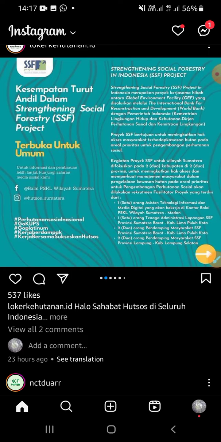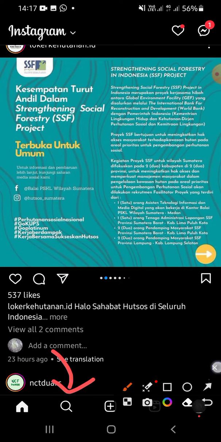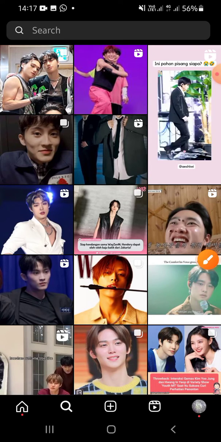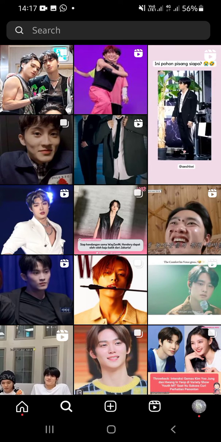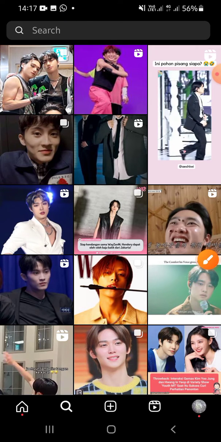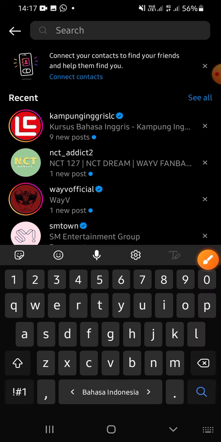And what we're going to do next is clicking on this search button on the bottom of your screen. Then you have to type the name of your friend. But you have to click on this search button first, right here. Tap on it. Then you have to type your friend's name. For example,